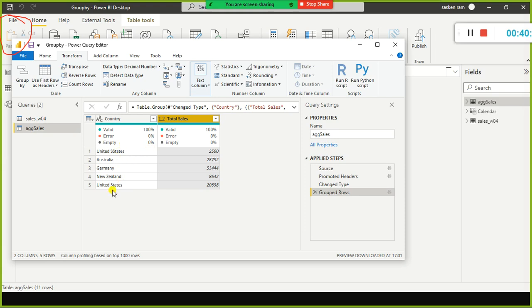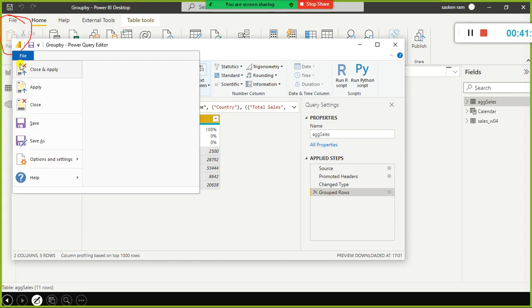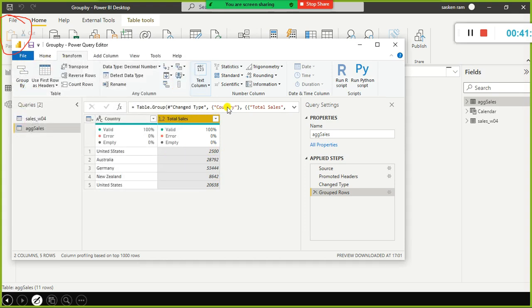It is not falling under this group, hence it does the aggregation for this one also separately. Actually this 2500 should have got added here. It is not happening here, but in this case, one second, I'll just close and apply it, let it be there.